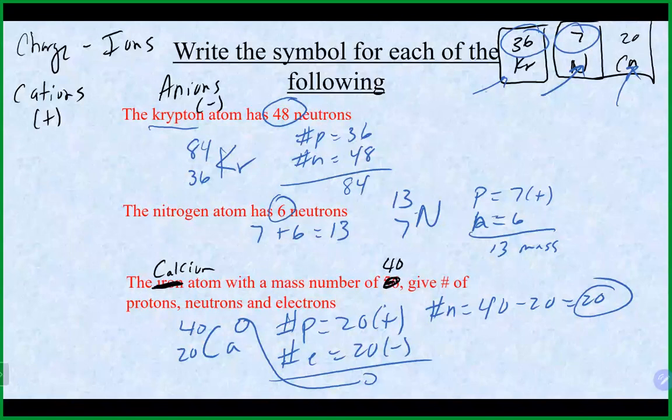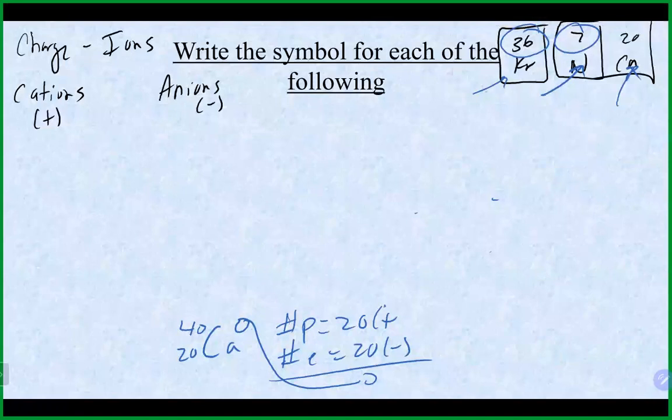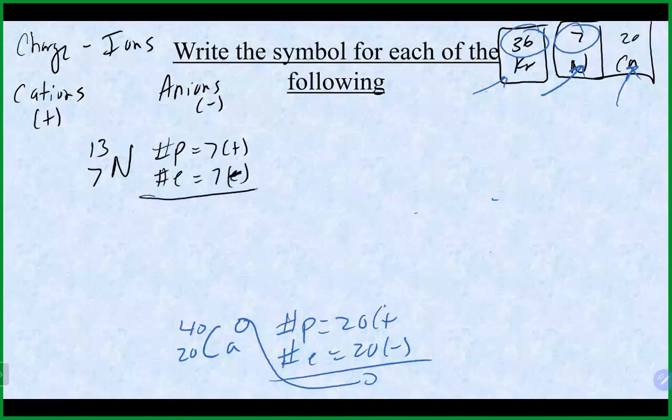It does depend on what charge you have as to what's going on. We had the one that we just did, which was nitrogen, 7 and 13. As we saw with no charge, this guy has, once again, 7 protons. It would need the exact same number of electrons, which are negatively charged, to balance it out. It gives us 0. And our number of neutrons would be 13 minus 7, which was 6. Now, if this nitrogen had a -3 charge,